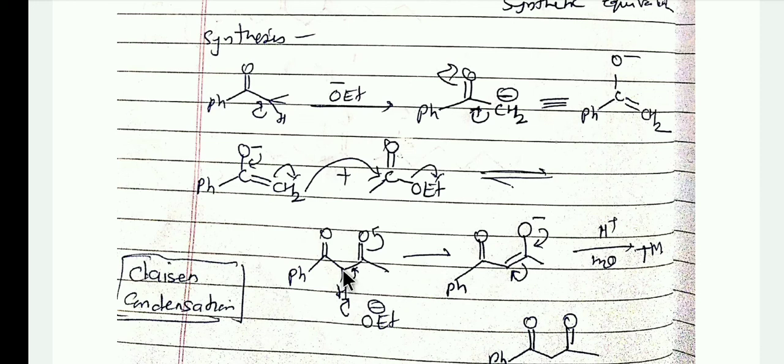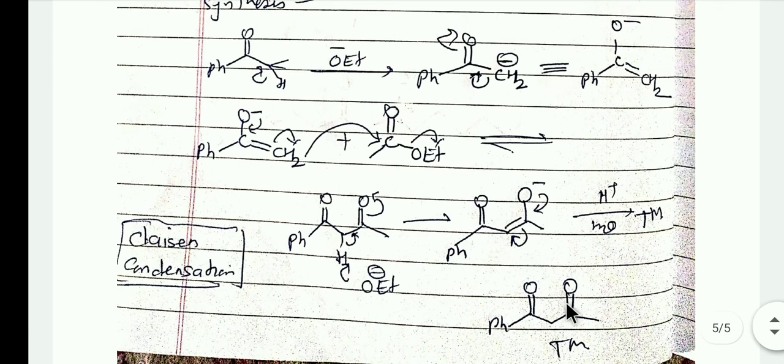So here C becomes negatively charged and the electron is delocalized from this carbon to this oxygen atom. This carbon becomes positively charged and this carbon becomes negatively charged, so a bond is made between this carbon and this carbon, and O becomes negatively charged. So another structure is prepared here. Now by the protonation of this structure we get the target molecule.